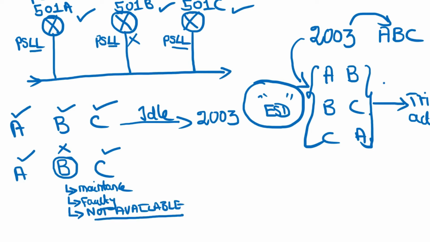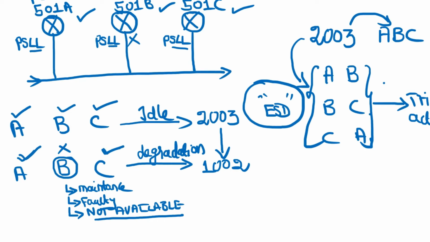During an operation, if one of the transmitters gets faulty or is under maintenance or not available due to any reason, now we have only two transmitters in working condition. So now what happens in this scenario? We have degradation over here. Now this 2 out of 3 voting logic would be degraded to 1 out of 2, because we have totally only two transmitters, Charlie and Alpha. So the total number of instruments is 2 and the voting will be degraded from 2 to 1. That is called 1 out of 2. This is called degradation logic.